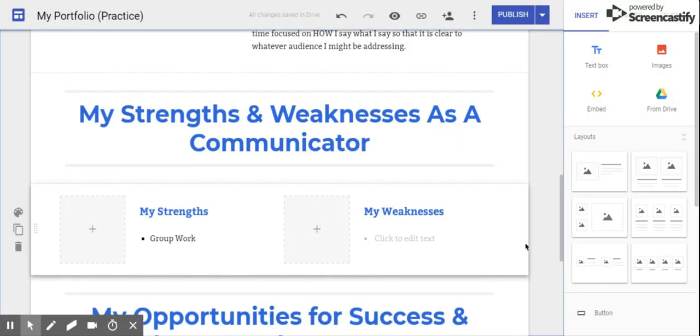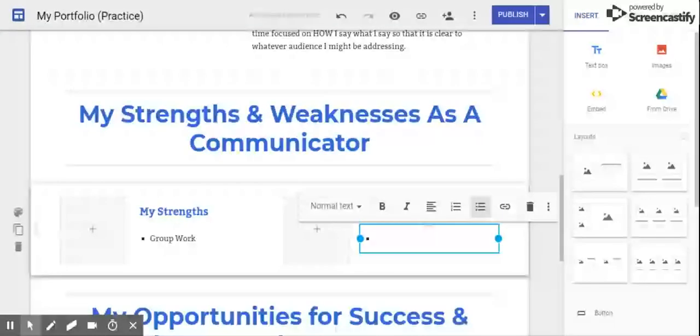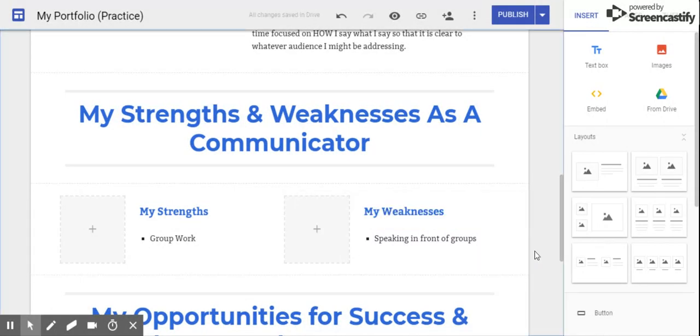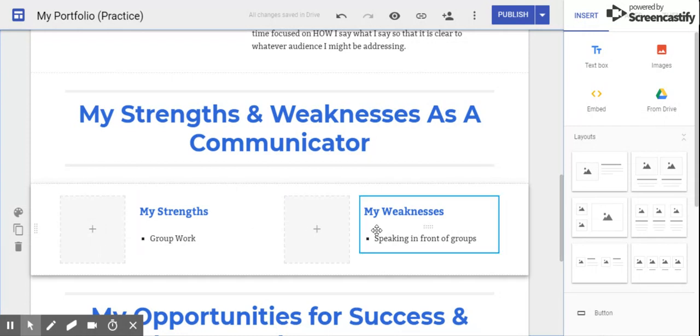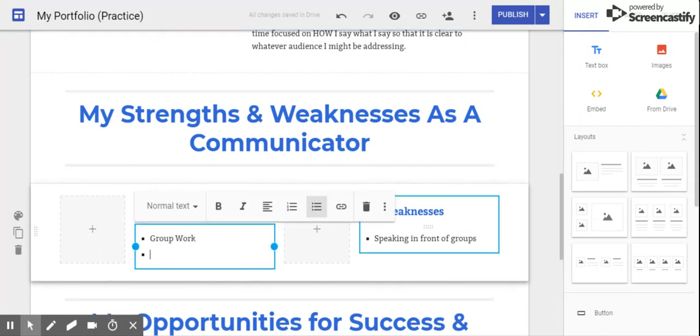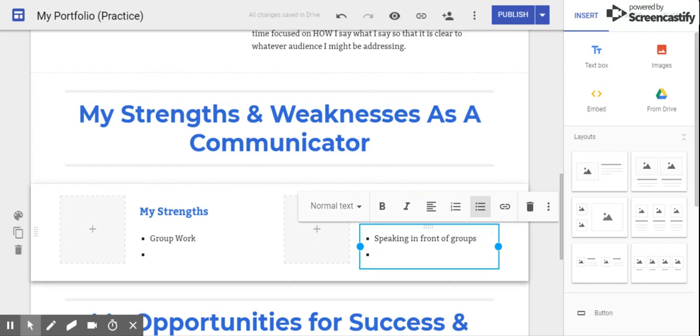Another thing to think about is speaking in front of groups. So maybe you're good at group work, but speaking in front of groups is not something that you feel good about. Again, as I go through and I'm listing some of these things, I just want you to think about where they belong. And as we go through, you're just going to continue to add bullet points to whatever side of this you want.